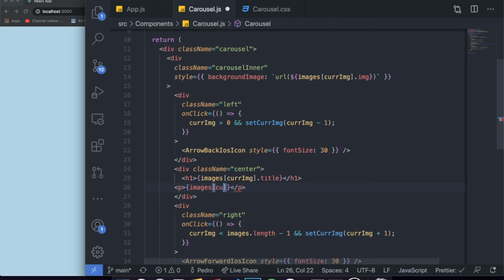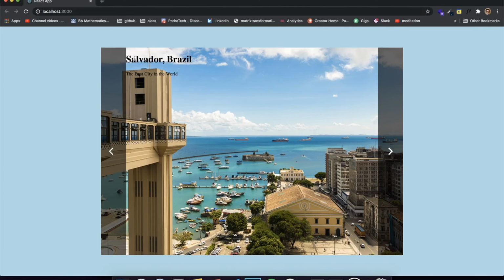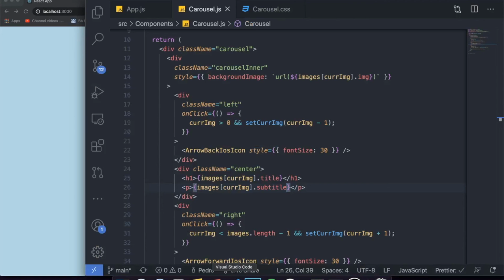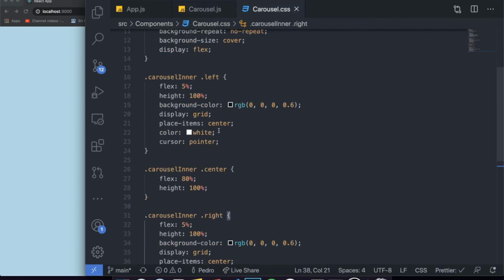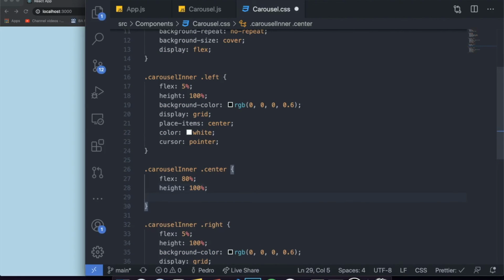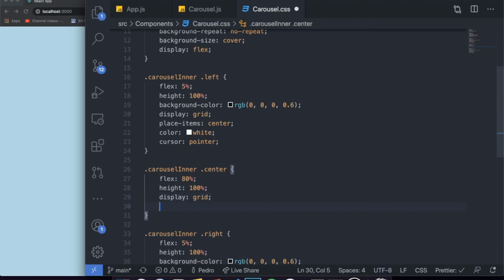So images.subtitle, as you can see. Now currently they appear over here, which is extremely ugly, and we just want to center them perfectly in our screen. So to do that, we want to come here to our center in our CSS, this over here, and as I said before, we want to give it a display of grid, and then obviously place-items center so that they are centered, and you'll see that now they'll be completely